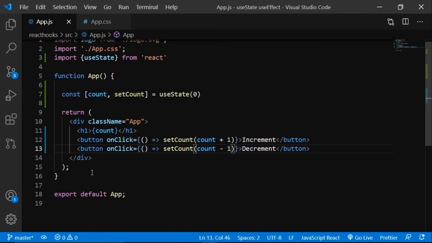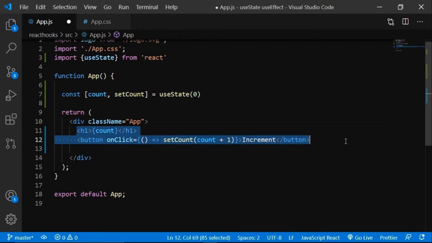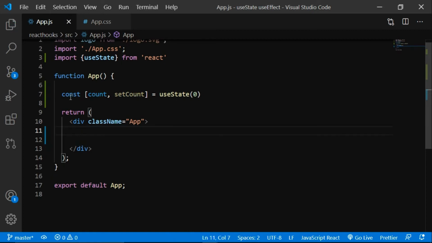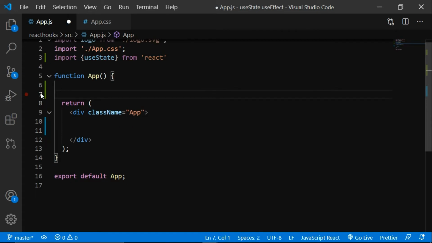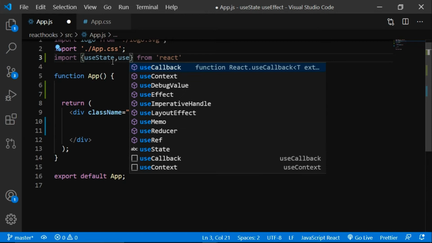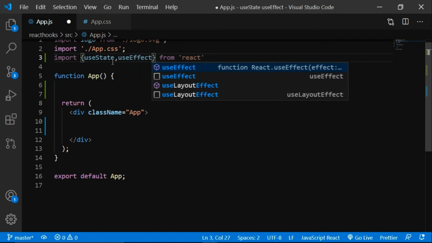So I think useState is understood, right? So now let's talk about useEffect. So firstly, what I can do is, should I delete all this or should I keep it like that? Firstly, let's delete one button. Maybe let's delete one button here, or let's just delete all this. It is only gonna confuse you. So let's delete everything, and then we can start from scratch again. We need that useState imported, so let's keep it like that. Also, we need to import useEffect, so let's import it here, useEffect.